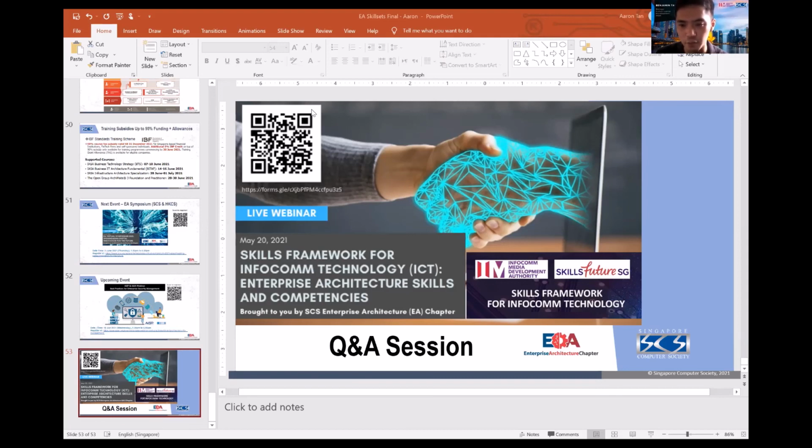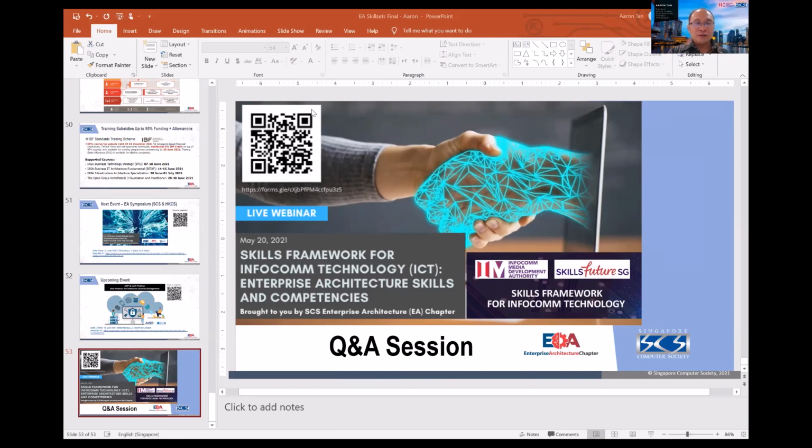Hopefully that will be a useful process or guideline for you to find out which courses are relevant to your role. And sorry, just to add, all the courses that are listed on our website are all aligned to the skills framework. I think the other thing is that there is also a training needs analysis, basically a skill assessment, because you don't attend the course that you already know, you attend the course that you don't know. I mean, something that you want to know more.